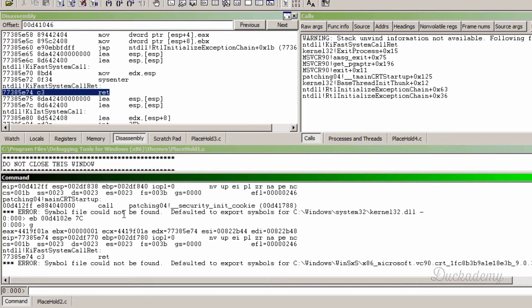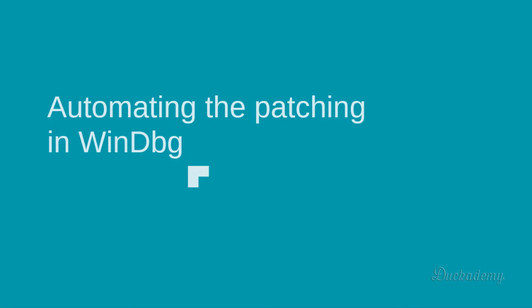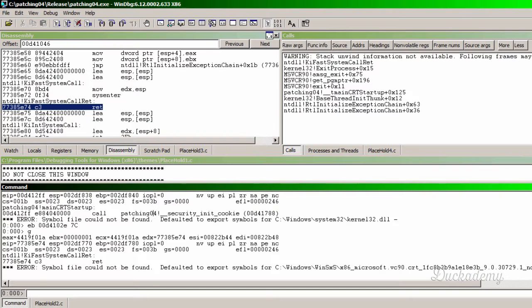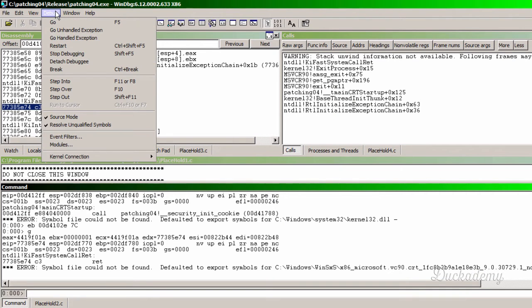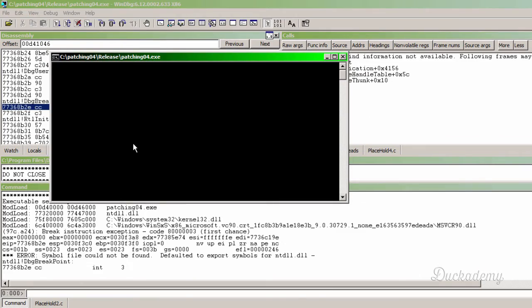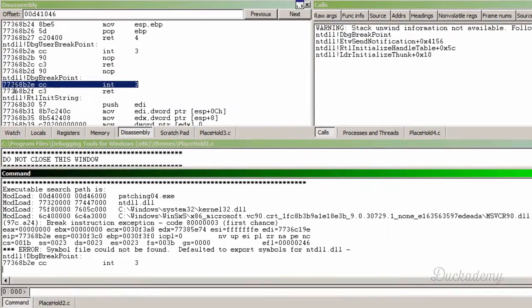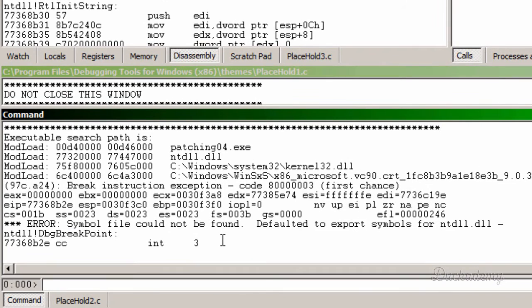Now let's try to do the same stuff, but now automatically. To do it, first of all, debug and restart the application. The application is reloaded, it stopped again at the system breakpoint in the ntdll.dll. Again, we have to find what is the base address. The application printed us the base address, it's here, but now we want to write a script, and unfortunately the script is not able to read from the screen. That's why we have to use some kind of instruction to get it. The instruction is !lmi, and we want to list the information about the patching